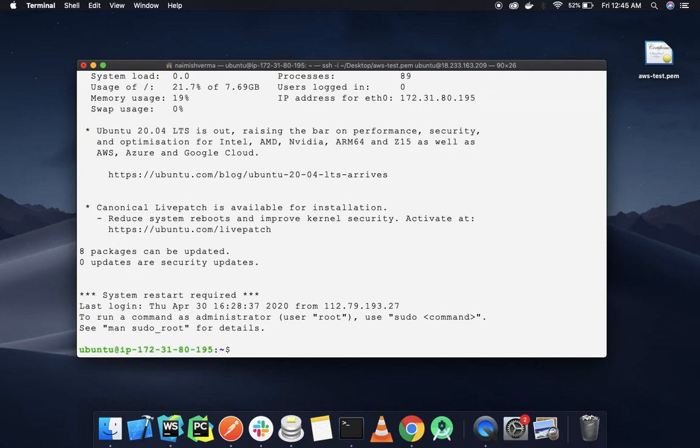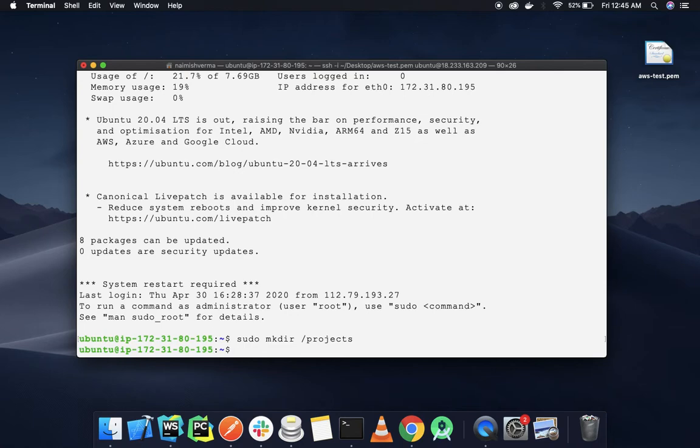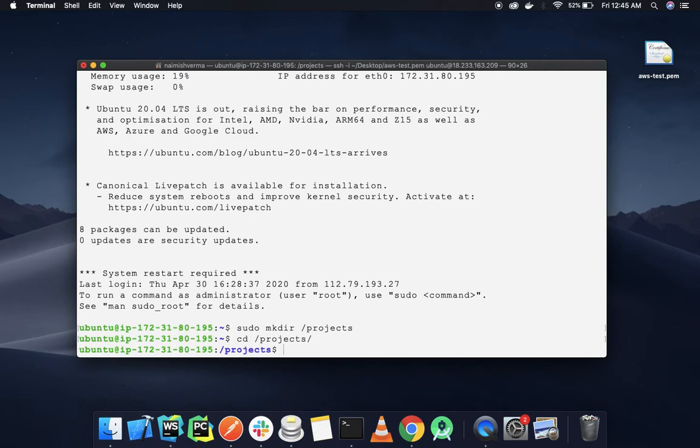So just type sudo mkdir /projects and just cd into this, cd /projects, and we are going to create one more directory where we will be storing our code. Sudo mkdir api.aws